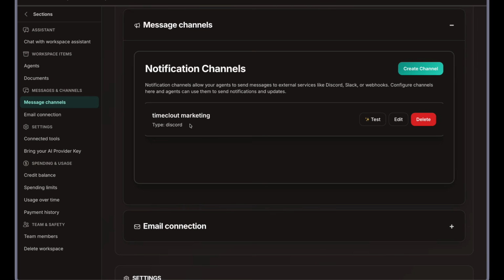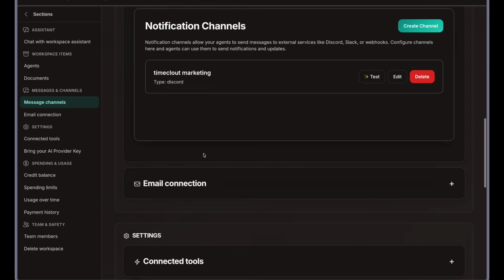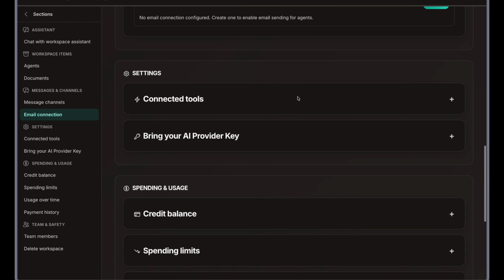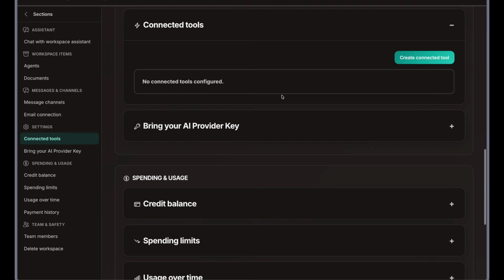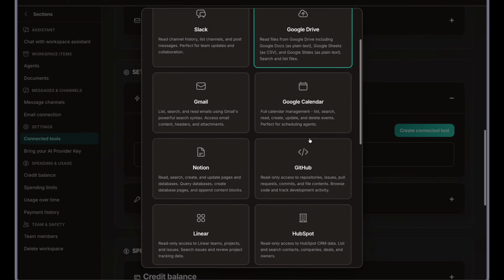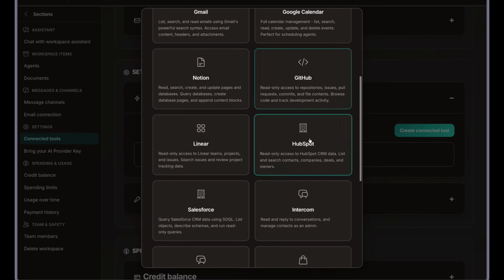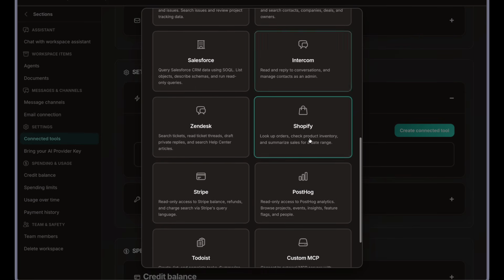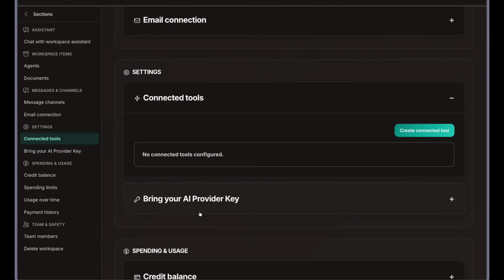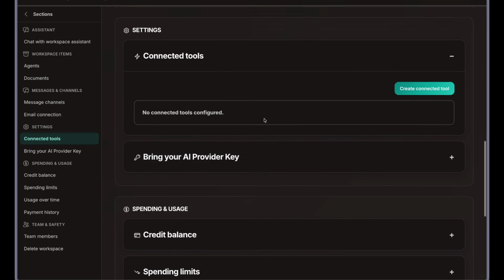You can also have notification channels. In this case, we have a Discord notification channel that the agents can use, but you can also add other types of channels. You can also add email connection so that users can send emails. And you can also, I don't have any here, but you can also have connected tools. So you can add Slack, Google Drive, Gmail, Google Calendar, Notion, Linear, Intercom, Shopify. But you can also add the custom MCPs here if you want to, so that your agents